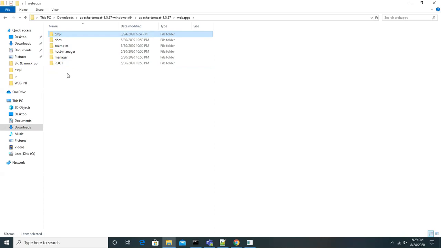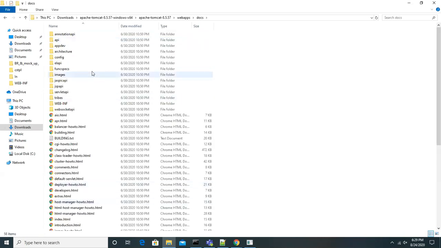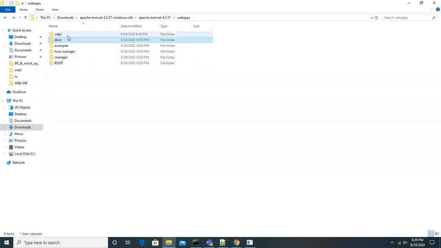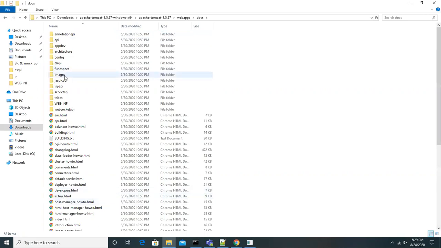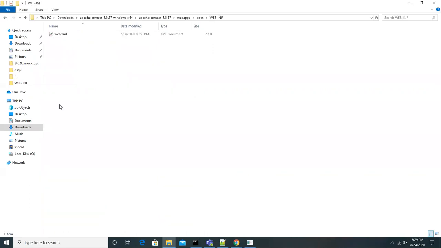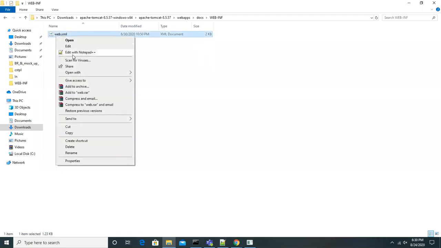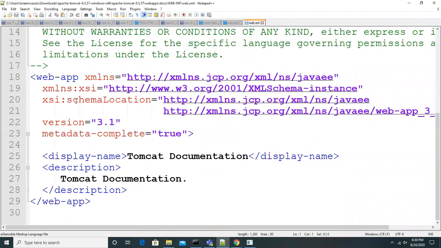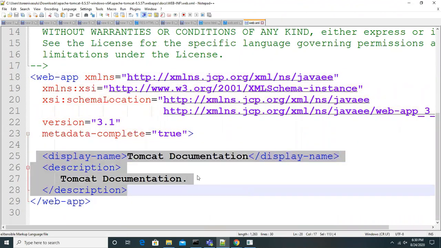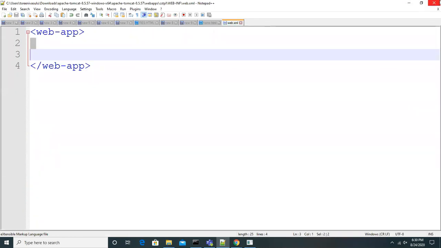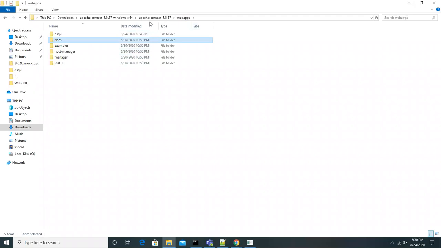But our project is CSTPL. If you go and see other projects also, like the docs project, they created n number of files, but in our project we have only one simple HTML file. They kept many HTML files, but you can see a WEB-INF folder. Can you see a WEB-INF folder? Yes. Under WEB-INF, there is a web.xml. Look at this web.xml. There is a tag called web-app. They started a web-app, but they added many other things. Based on our requirement, we will add things. Look at this, any application, if you go to examples also, we have a WEB-INF folder.